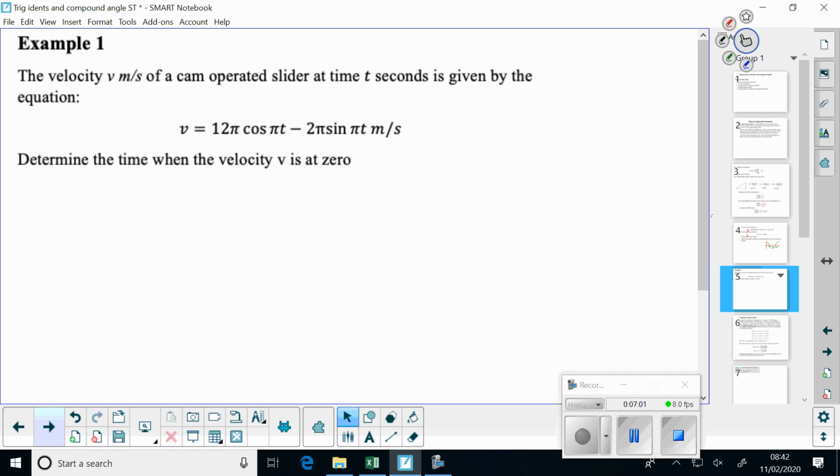So how would we go about doing that problem? Any ideas? Well, if we want to find when velocity is at 0,